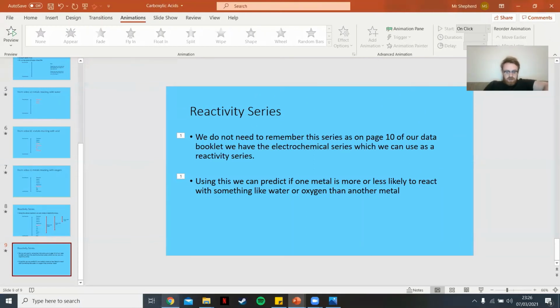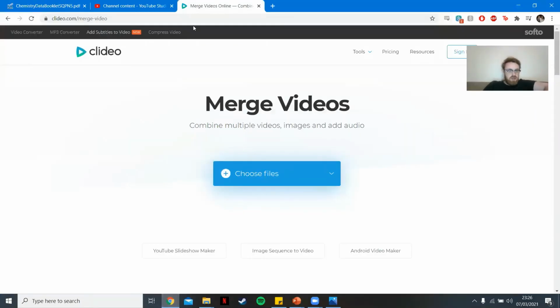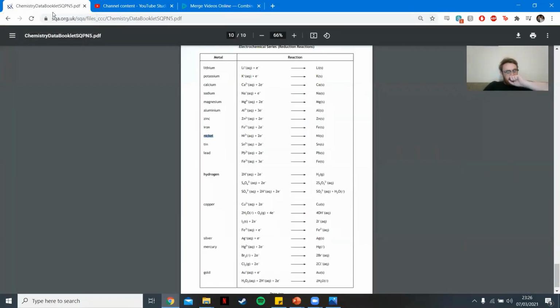So let me just very quickly get this up so we can have a look what it looks like. Ignore this, I was trying to merge some MP3, MP4 videos earlier for other lesson. So this is page 10 of our data booklet, something called the electrochemical series. Okay, it is essentially the reactivity series. So you've got gold at the bottom, silver, you've got copper, etc. going up. Only difference is the alkali metals are in a slightly different order. That's not that important,